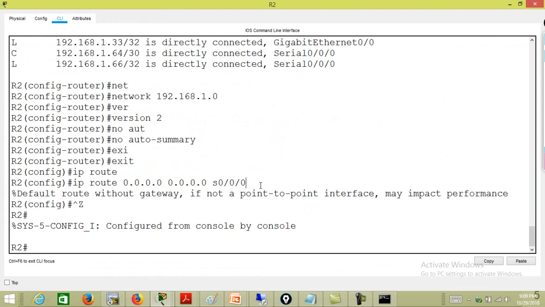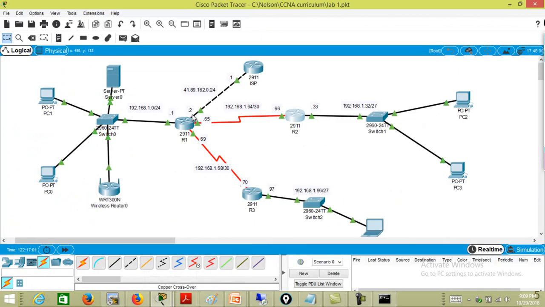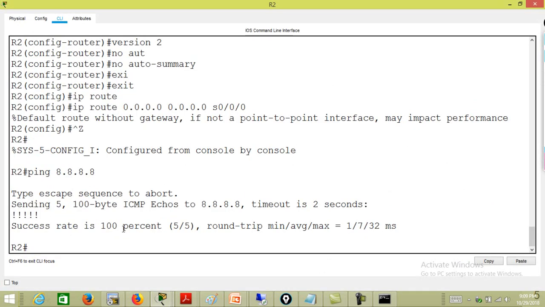interface and I try to ping 8.8.8.8, you see that one is working. Whereas when we did an IP route with this as the exit interface, it had issues, because a LAN interface, you're not supposed to use as an exit interface. But using an exit interface improves on things